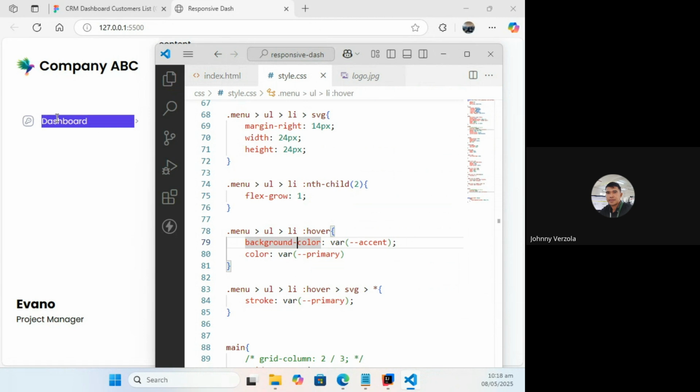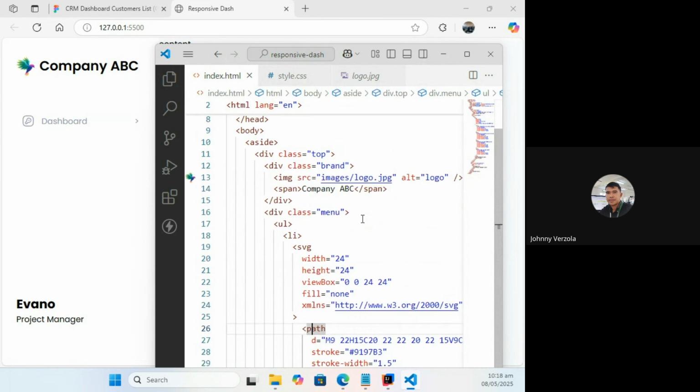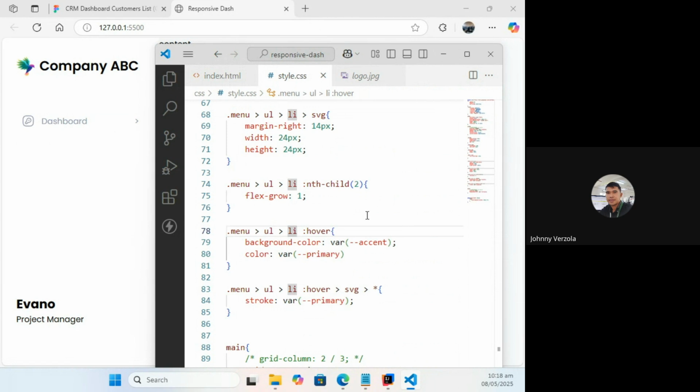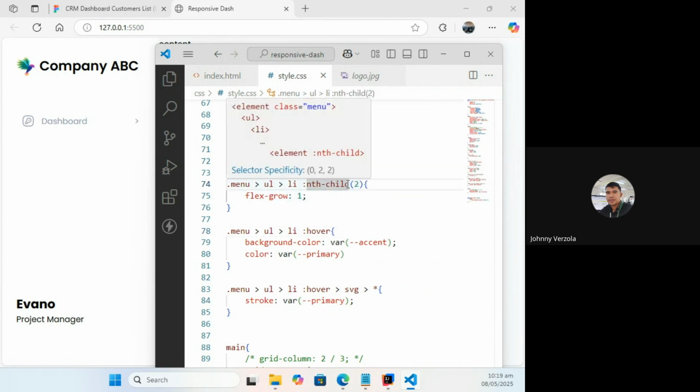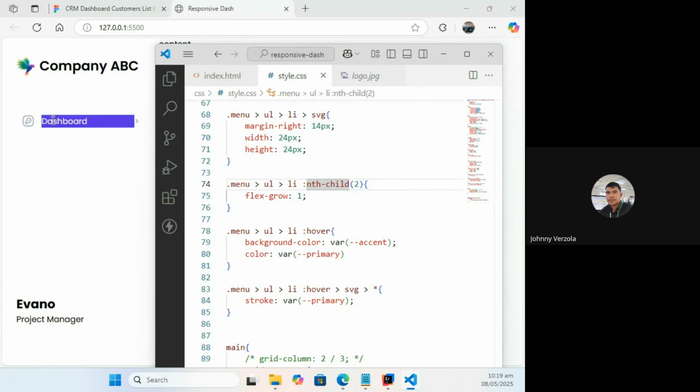It's basically targeting the LI. But what it does is, it's the LI thing. Let's see, there's something wrong with our code. Menu UL LI. Menu UL LI. Menu UL, LI. We were able to work on this one. This is basically the label. It's just that when we hover,